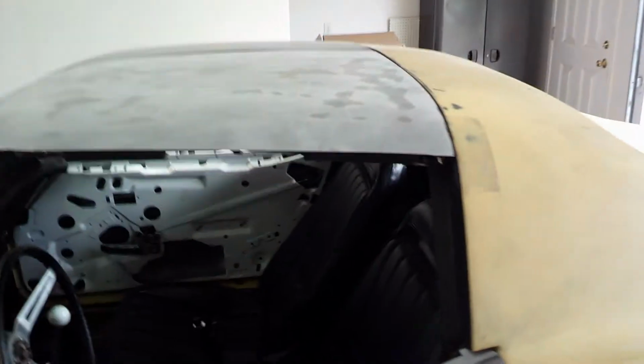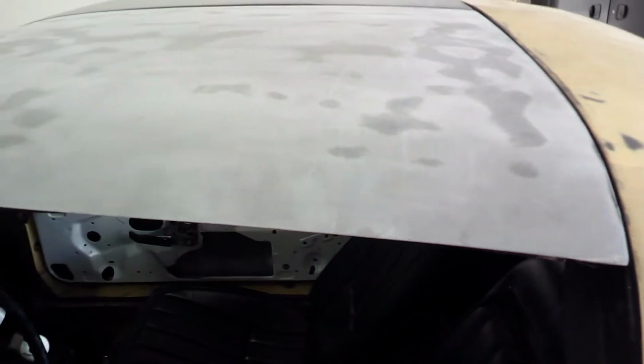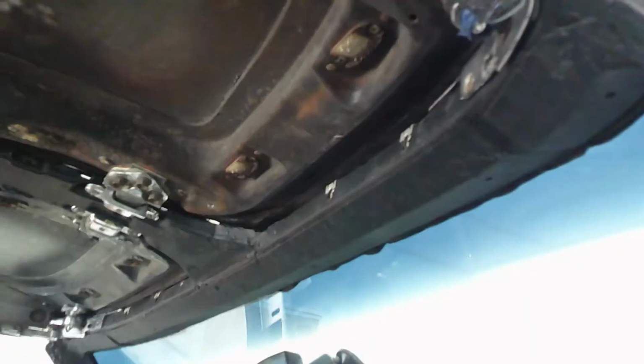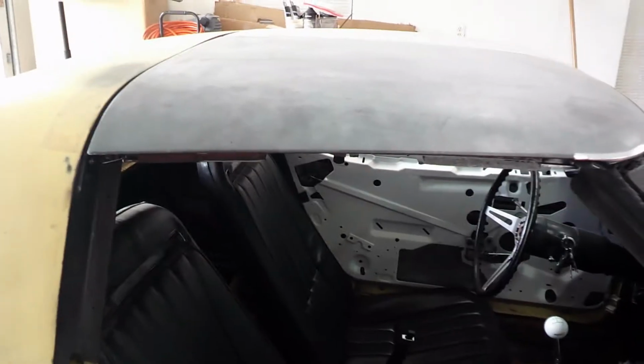They fit pretty decently. I don't even know if these are off the same car. This one had super thick black paint on it, and the paint was all cracked and coming off in chunks. So I had to sand all that down and got it all off. This one, somebody else had taken all the paint off and primed it. But if you look on the bottom side, there was a burn area right there, and you can tell this thing is charred pretty good. So apparently the car that this came off of was in a fire at some point. But it fits pretty decently, so I'm going to end up doing more restoration on those down the